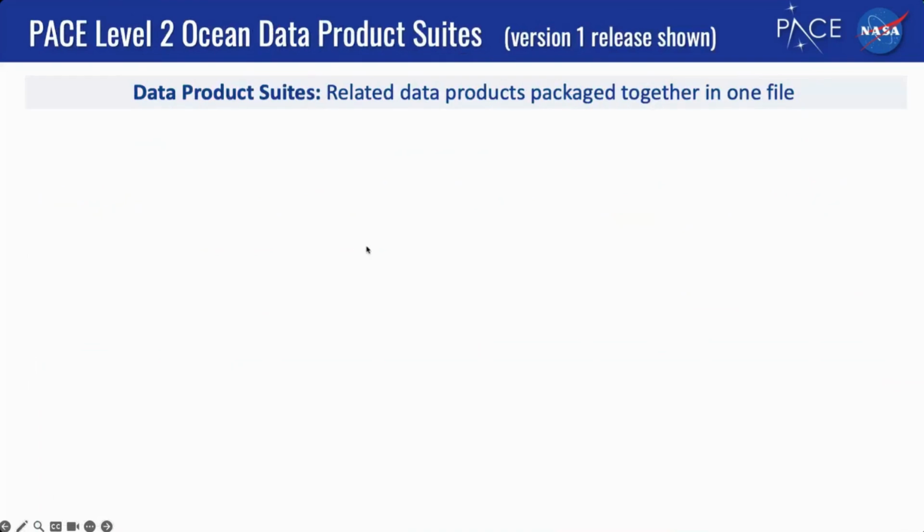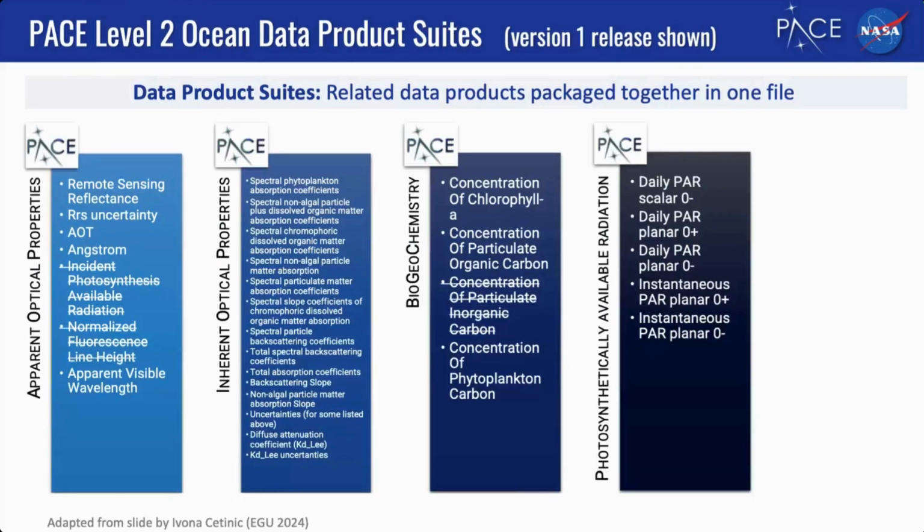And another new thing with PACE that's different than previous ocean color data distributions, you're going to see in the data repositories that some products are available as what's called a data product suite. So these are related data products that are all grouped together into one file, with the goal being making downloading data more manageable. As an example, this is 4 product suites released for level 2 ocean data products that are